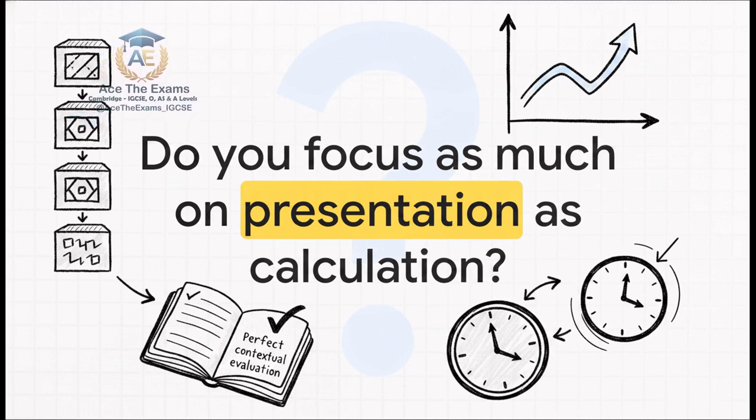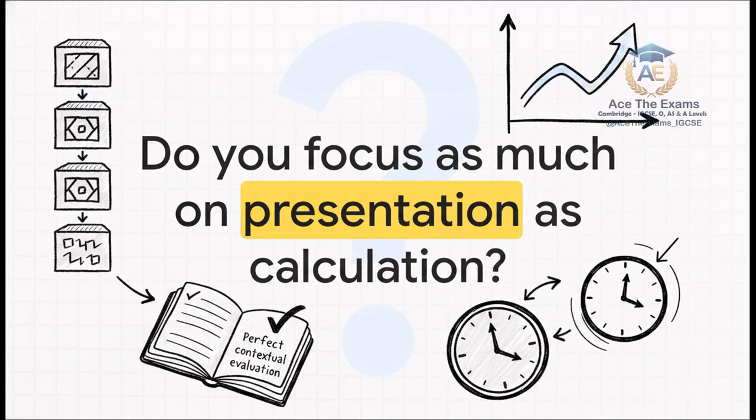It's so easy to rush through past papers, right? Just checking the final number in the mark scheme and moving on. But the real growth happens when you practice perfect formatting, clear reasoning, and contextual evaluation every single time. I invite you to take this 5-step framework and apply it rigorously in your very next past paper session. Change the way you practice, and you will